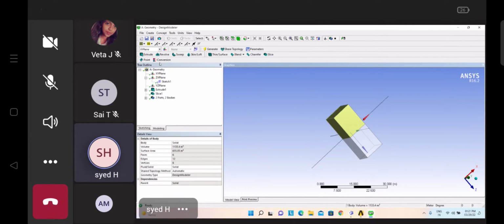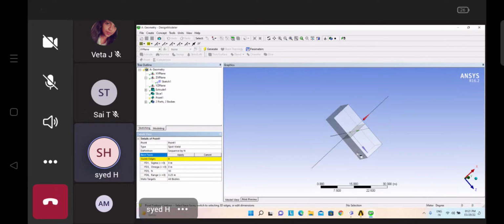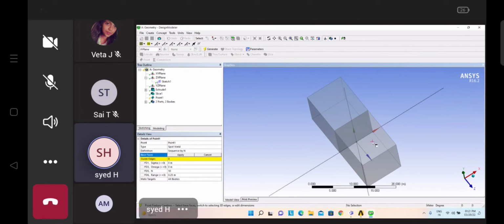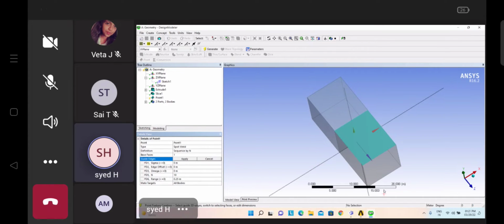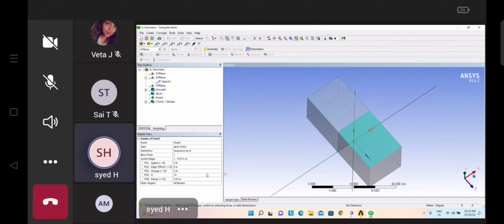Point creation, conversion. If I want to create any point, we can create it here. I want the point to be on this face. Apply. Guide edges, I have to specify. I'm giving my guide edge. Now, at what distance you want, you can specify. I want, for example, some